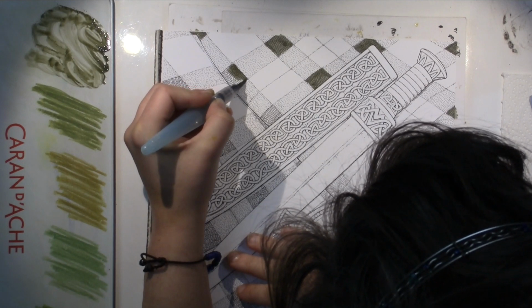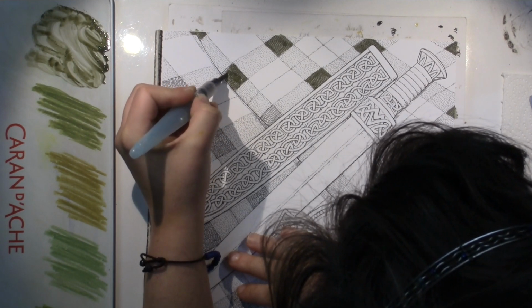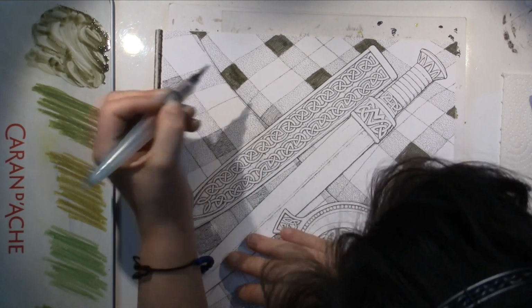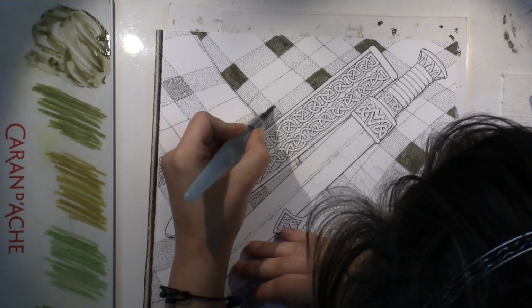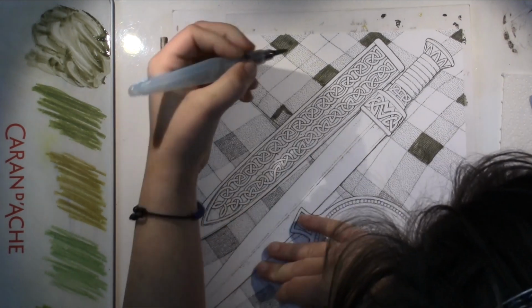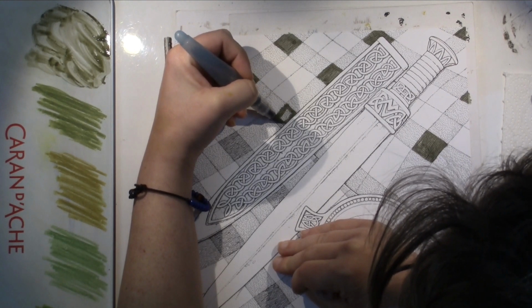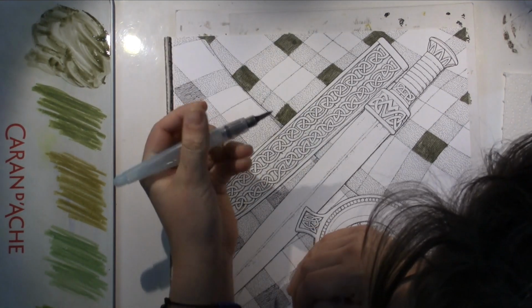And I will, for example, never go with oils in a coloring book. For one, that's not the correct surface to put oil paints on, and also I don't have any, and I'm not very fond of oil painting. I tried it, it's nice, but it's not for me. That's what I want to say. So